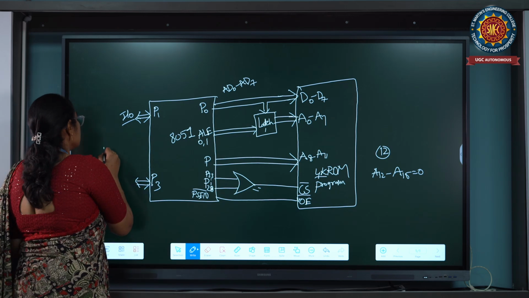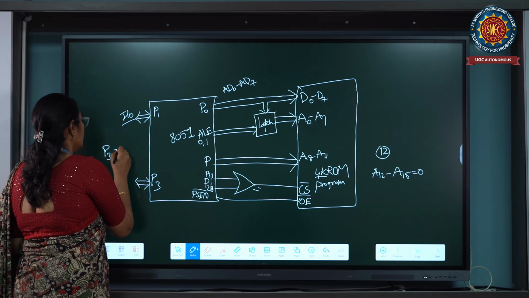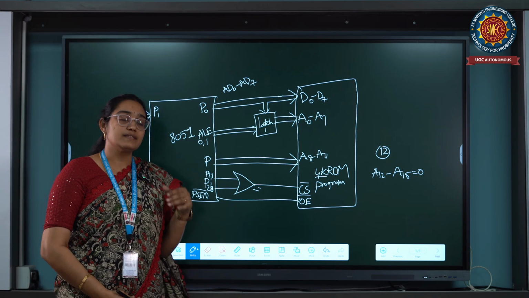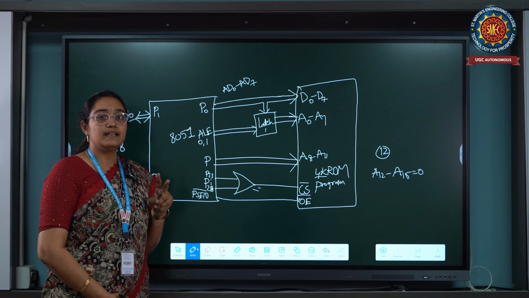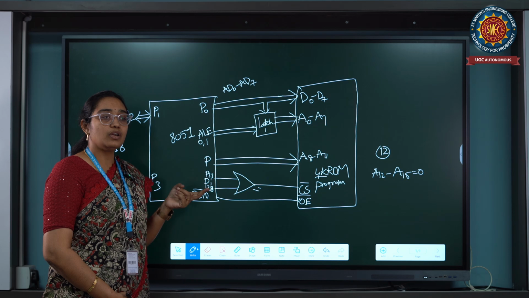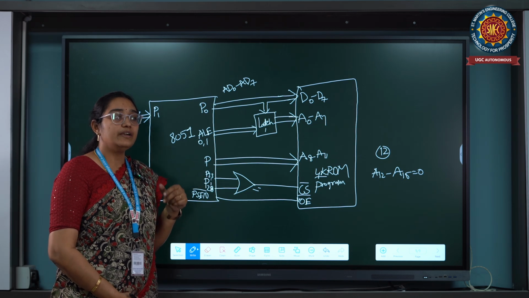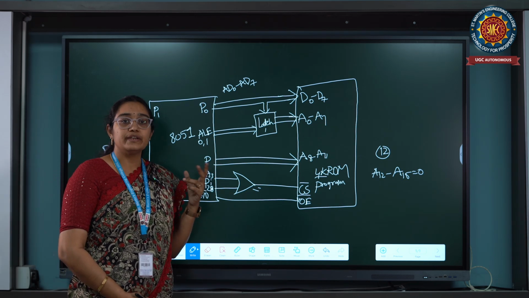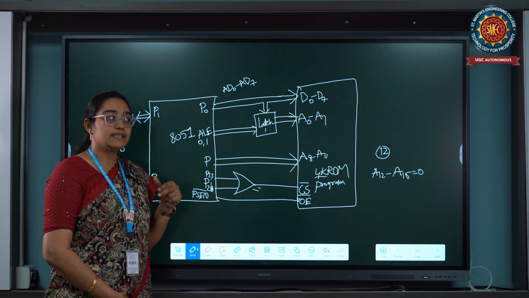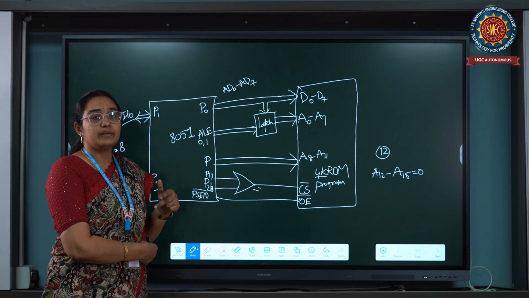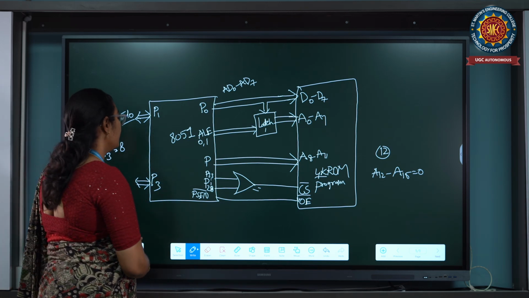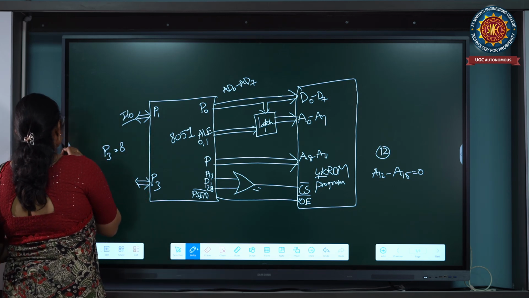This port 3 consists of 8 control signals. Among these 8 control signals, we are using 2 control signals for timers, 2 control signals for counters, 2 control signals for read and write, and 2 control signals are used for interrupt, and 2 control signals are used for communication. That means serial communication, RxD, TxD pins are used. Okay, this is the block diagram we are achieving.